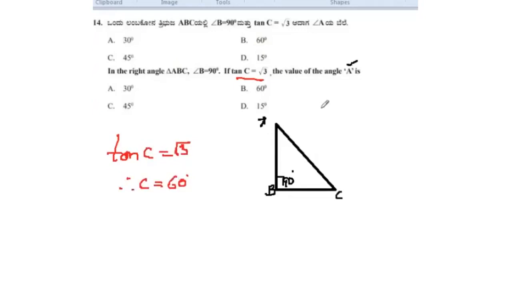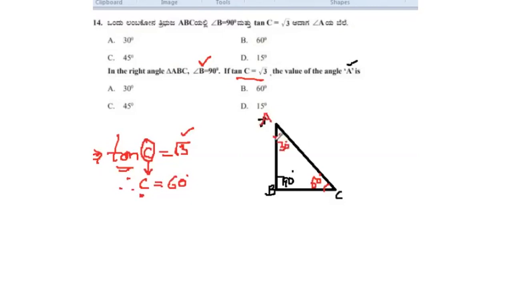So I repeat this step once again. In tan, root 3 value is for 60 degrees, therefore C is equal to 60 degrees. Always a trigonometric term followed by an alphabet, whatever that alphabet is, tan A or tan C or tan B, we call it an angle. So here angle C is 60 degrees, angle B is 90 based on the condition given in the question. So 90, 60, obviously this angle A will be equal to 30 degrees.